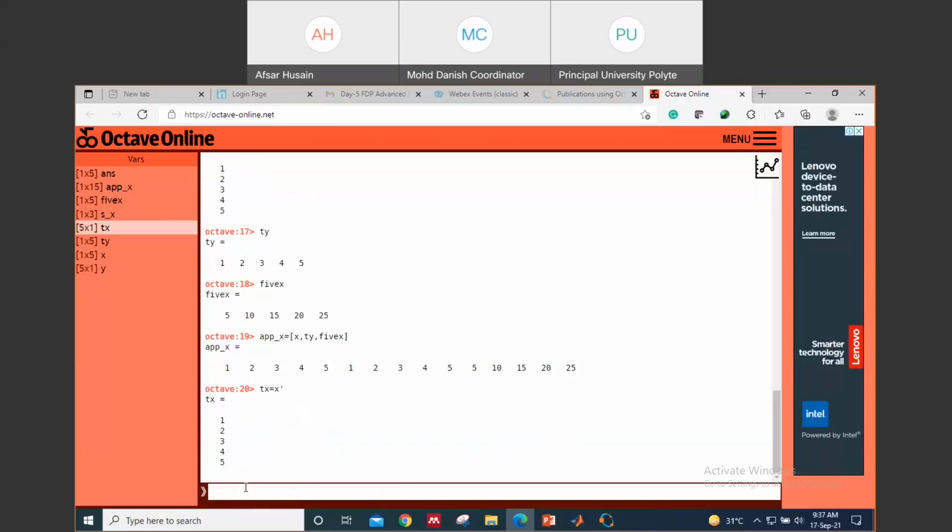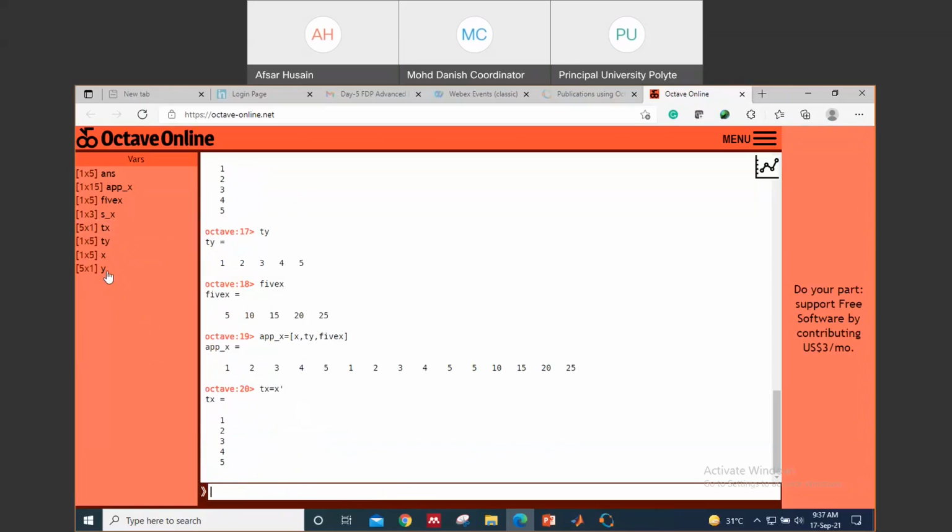Now we have two column vectors, y and tx. So if I want to append y, I write append y equals to,